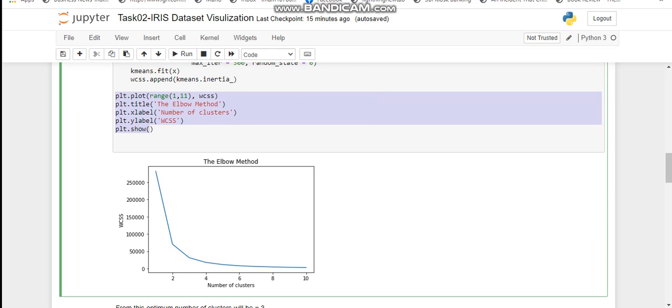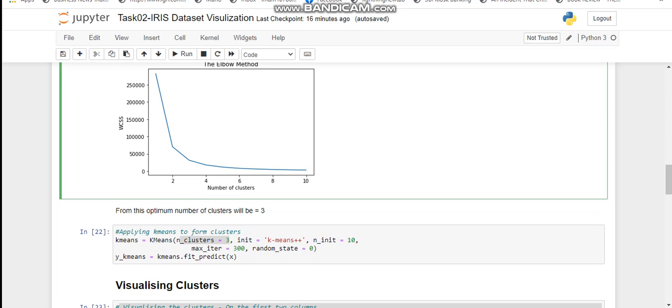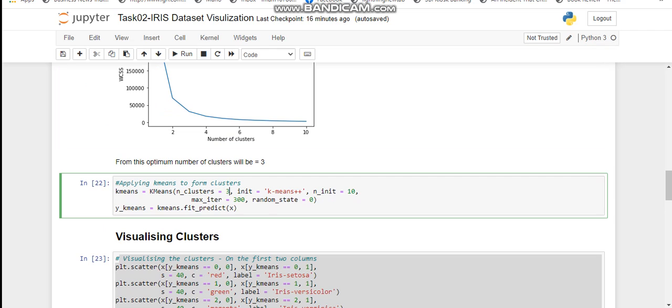and from this graph we can see that an elbow is present here with the number of clusters and WCSS. From the above graph, we can clearly see that is why it is called as elbow method. The optimum number of clusters is where the elbow occurs, that is here. From this we can see that the number of clusters is 3. Now we will apply the k-means clustering algorithm to the data set by putting number of clusters equal to 3.